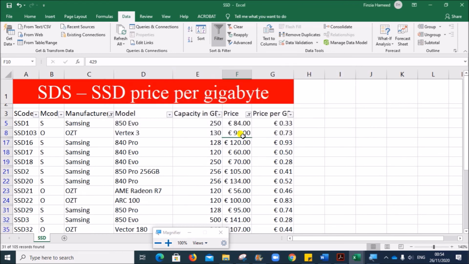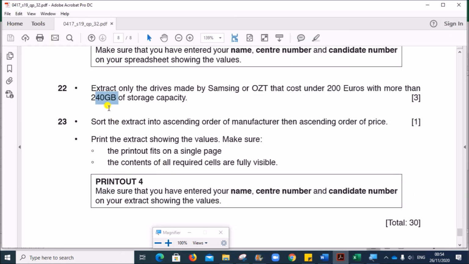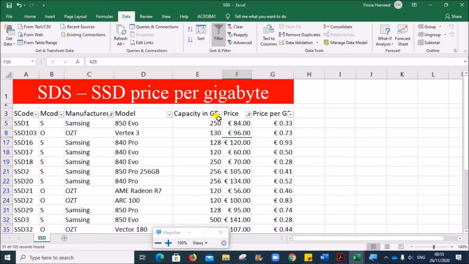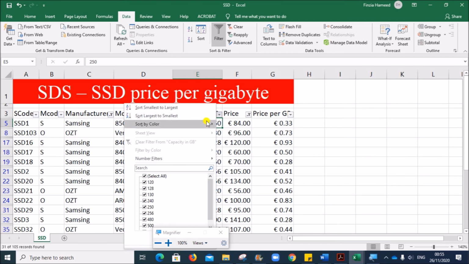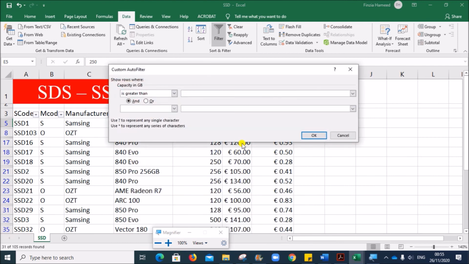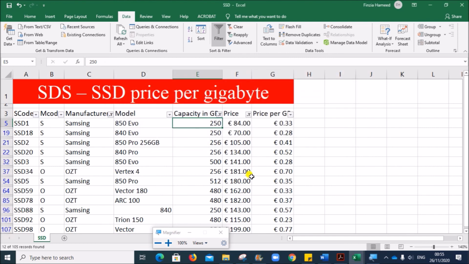So this is the models with cost less than 200 and more than 250 GB. So capacity you have to click, number filters, greater than 250. OK. So this is the required data.